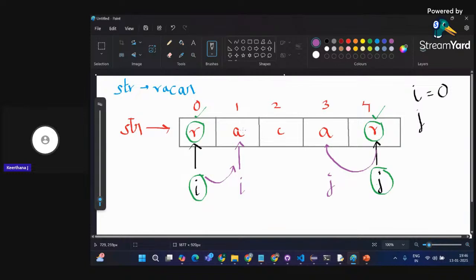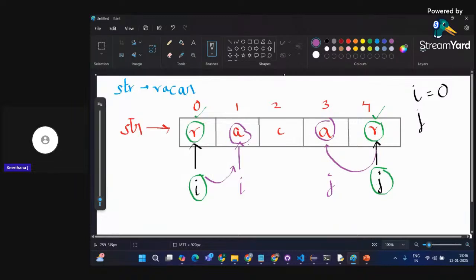And again, you want to check if the characters at your ith index and jth index are the same or not. If they are not the same, you directly return false. Because you are not going to check anything after that; even if it fails in one place, the complete string is not a palindrome, right? So if both are not equal, directly you return false. If not, you'll be checking the other conditions.